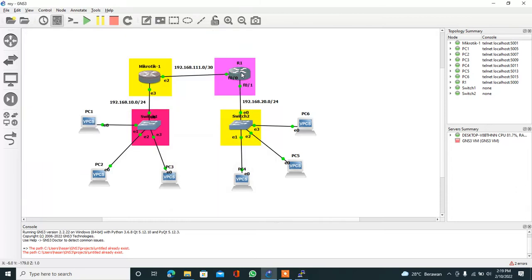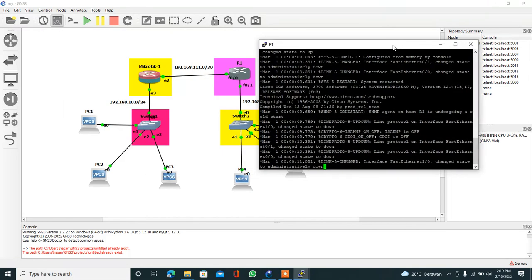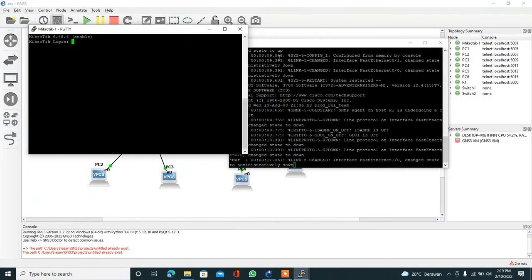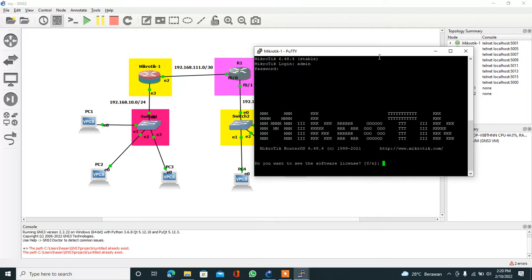Maybe first enter the Cisco router, but the MikroTik router is accessible now. The PuTTY for the MikroTik router is accessible. First, enter, type admin, no password, enter.